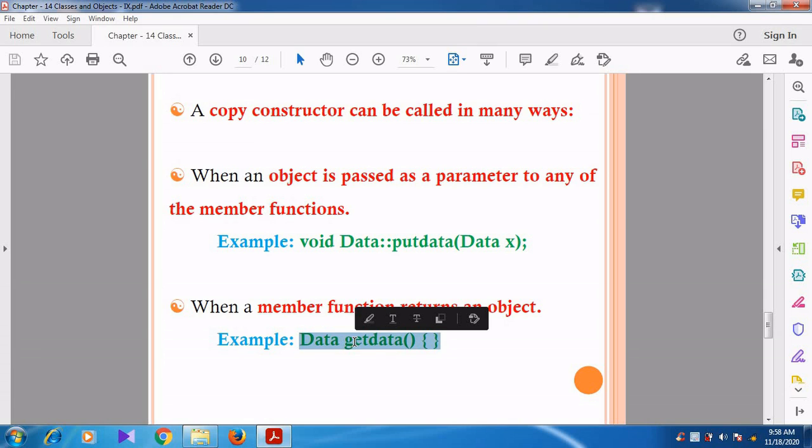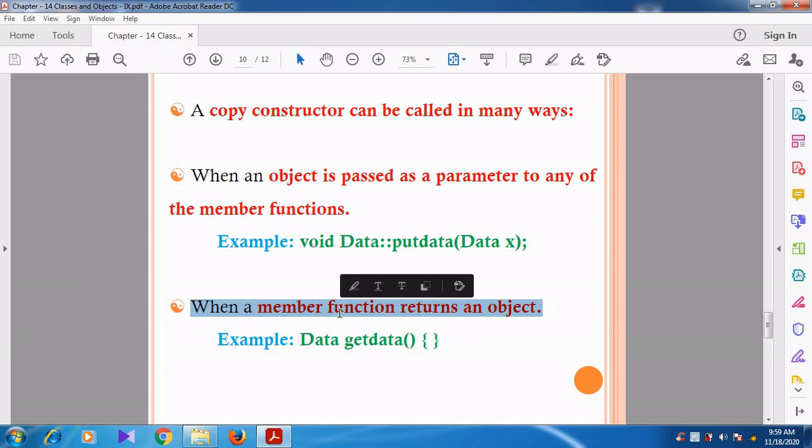Data get data. So here the member function is returning an object. What it is going to return is the object, because the return type is given as class name.